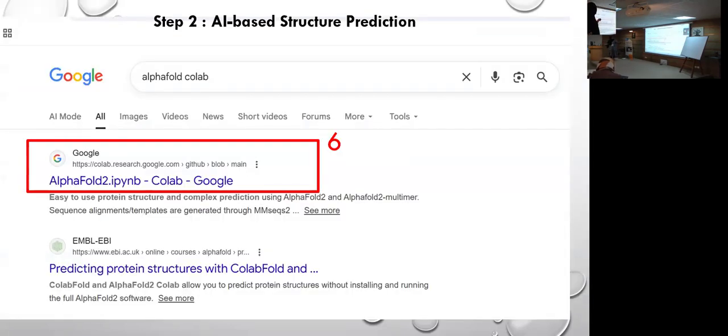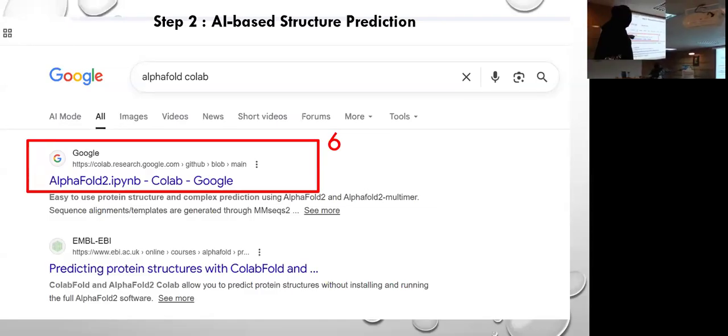Then just write down Google AlphaFold Colab. And you will see this Google Colab. In the Google Colab, AlphaFold has given all of its code publicly, where you can modify it, play with it, and make your own structure.